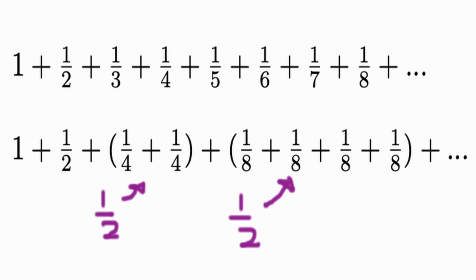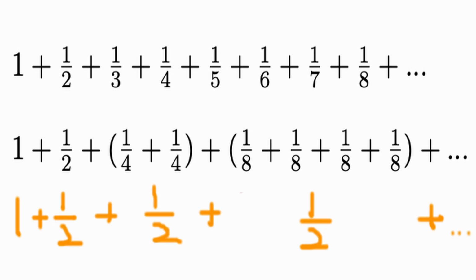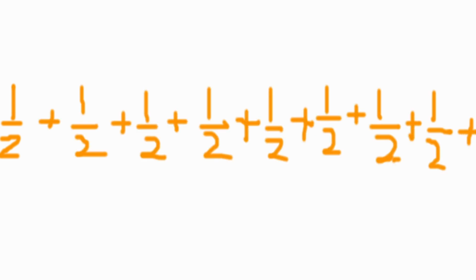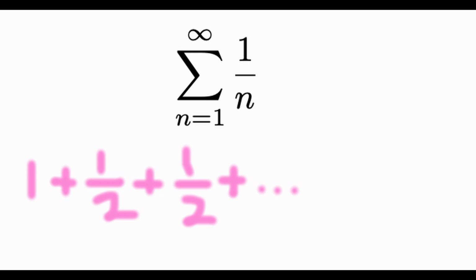The sum can now be written as 1 plus 1/2 plus 1/2 plus 1/2, and since the series is infinite, there is always a way to regroup ever larger strings of terms together into something that equals 1/2. The sum is equivalent to an infinite string of 1/2s, therefore